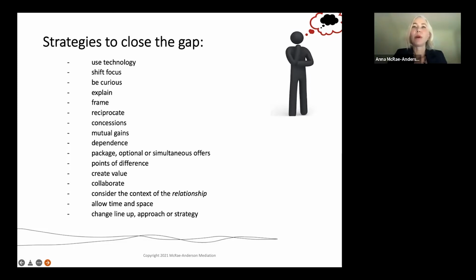Be curious and probe to find out what you don't know. Sometimes new information can help close the gap in the negotiation. Explain your offer when you can. I think that's also very helpful. Reframing, so framing your words. Be very careful how you speak, if you can, when you're communicating an offer, because it can generate very different outcomes. For example, if you say, I want $5,000 rent for the shop, as opposed to, I can rent you the shop for $5,000.